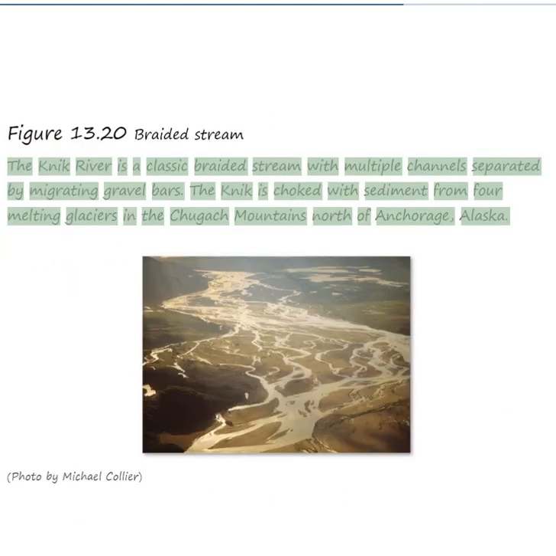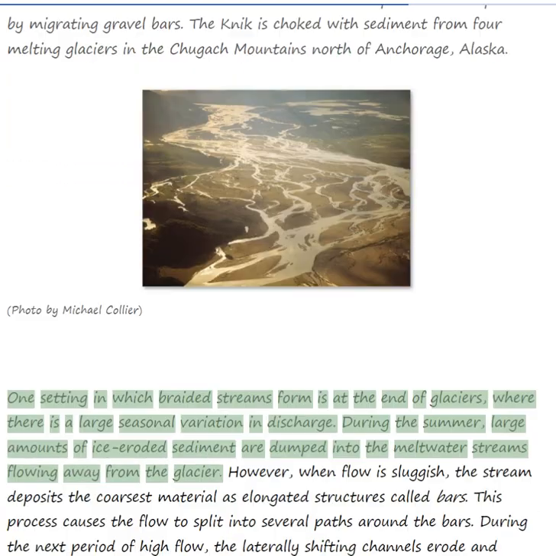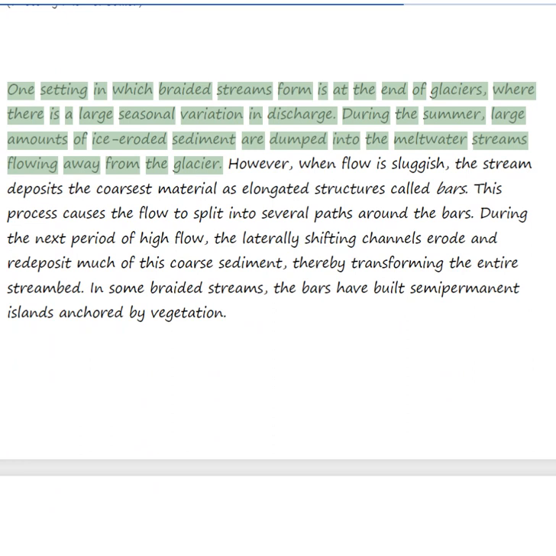The Knik River is a classic braided stream with multiple channels separated by migrating gravel bars. The Knik is choked with sediment from melting glaciers in the Chugach Mountains north of Anchorage, Alaska. One setting in which braided streams form is at the end of glaciers, where there is a large seasonal variation in discharge. During the summer, large amounts of ice-eroded sediment are dumped into the meltwater streams flowing away from the